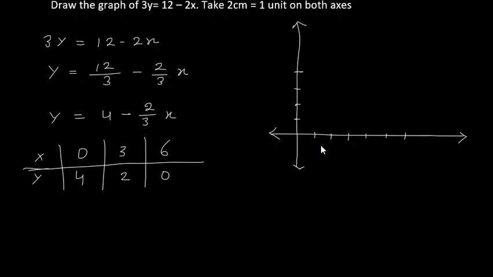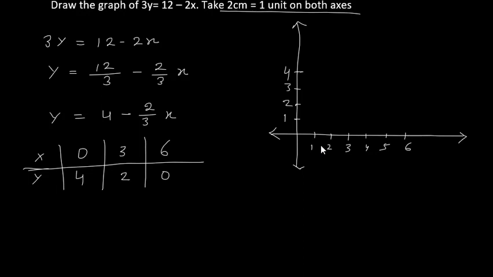So on graph paper you plot 2 centimeter and take that as 1 unit. So this distance from origin to here is of 2 centimeter length and its value is 1 unit. So this is 1, 2, 3, 4, 5, 6. If something is mentioned about unit, you have to follow that. Here we have 1, 2, 3, 4. On left hand side and downward, I am not writing anything as no negative point I have taken.